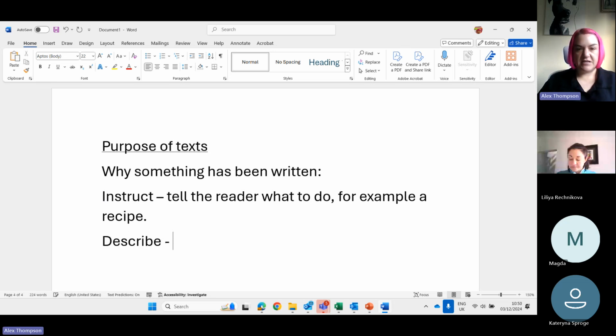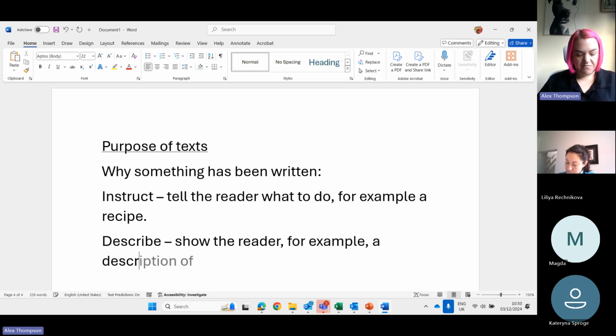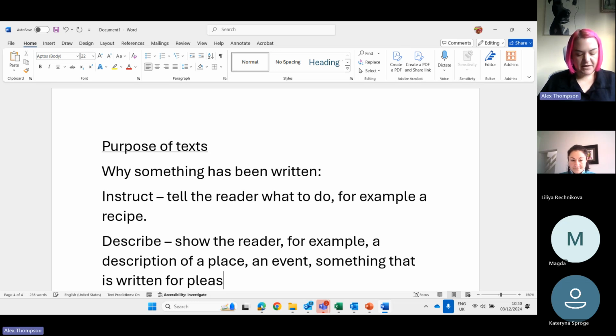Then we have texts that are to describe. So they try to put an image in the reader's head. They try to show the reader, in detail, what's in the writer's head. For example, a description of a place, an event, or something that is written for pleasure, like a novel